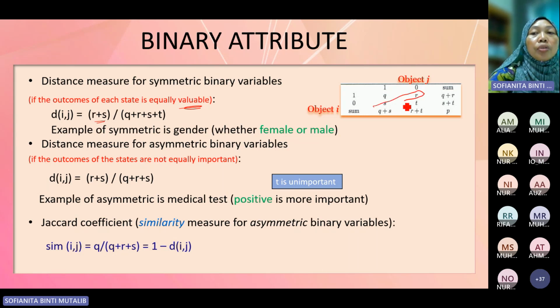Yeah, so the difference between R and S is counted. Okay, and the divider would be Q, R, S, T, the count of all. Okay, how about if it is asymmetric? Yeah, not equally important, then we have to consider